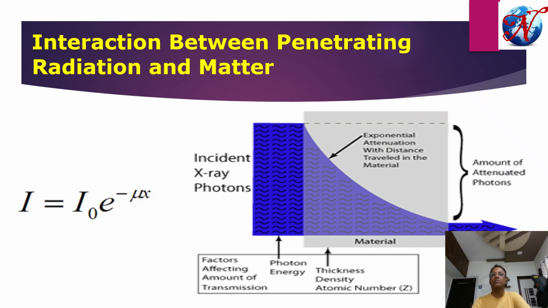Radiation intensity will be reduced according to the square of the distance, increasing or decreasing with it. When the radiation is passing through the material, it will definitely lose its energy or intensity, and this loss depends upon the thickness and the density of the material. The equation is I equals I0 times e to the power minus mu x,